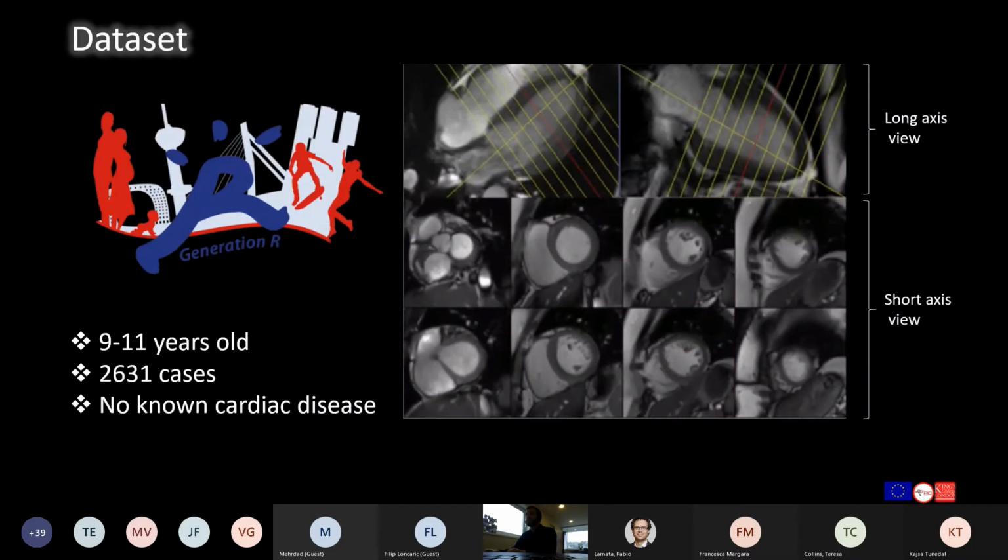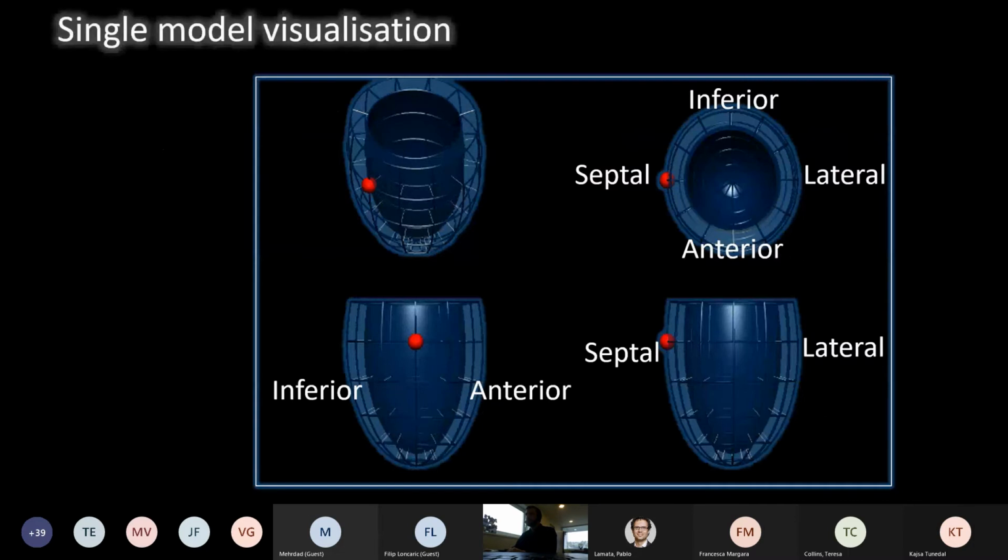For that, we used the data gathered through the Generation R study at the university in Rotterdam, and consisted of over 2,600 cases with no known cardiac disease. From these cases, the cardiac magnetic resonance images were taken at short axis at the end diastole. And then those images were segmented to provide a baseline for the statistical shape analysis, which is performed in 4 steps. And before I get to that,